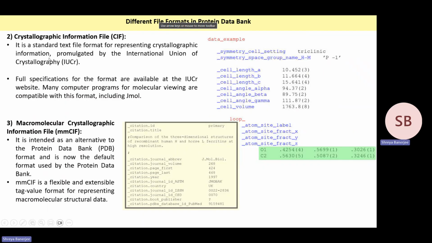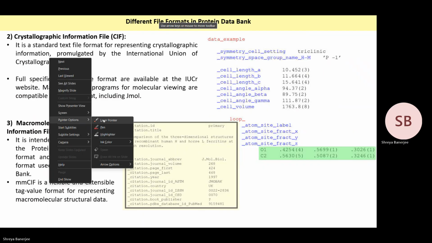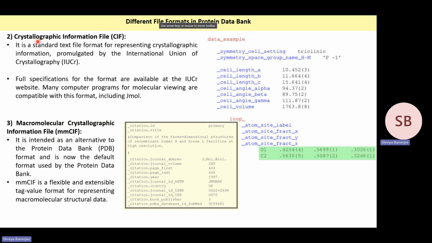We will talk about some other file types now. One is the crystallographic information file, or CIF. This is a standard text file format for representing crystallographic information, and this was introduced by the International Union of Crystallography, or IUCr. You can see the details on the IUCr website, but generally what it contains is that it will tell you what is the